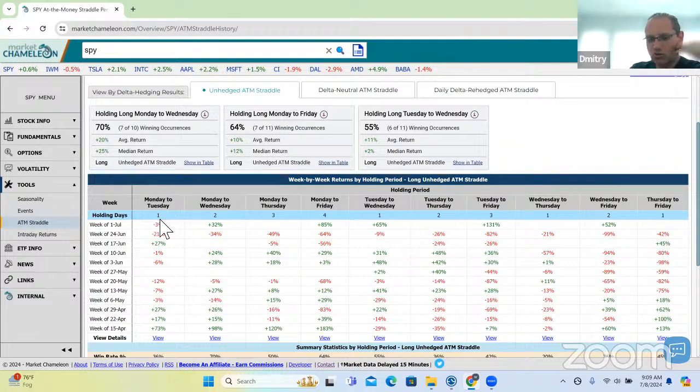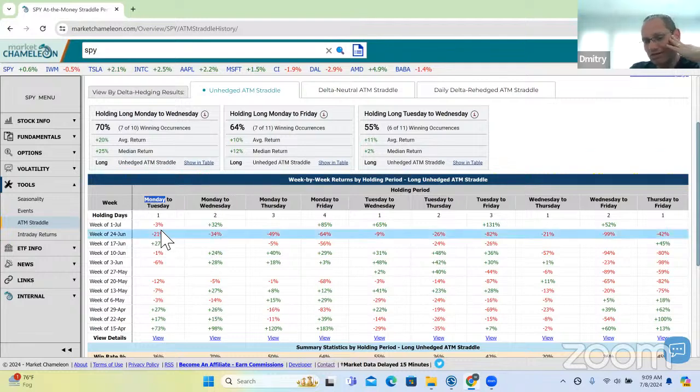Okay, so you'll see here it's a 1 day hold, and we do capture it Monday at around 10 a.m. We take the first snapshot, so you'll get a whole day of Monday actually to Tuesday at the end of the day, and then we see how did that straddle perform? From those two snapshots, did the straddle increase in value? Did it decrease? Does it tend to open up high and then decay? How does that straddle tend to perform during a particular